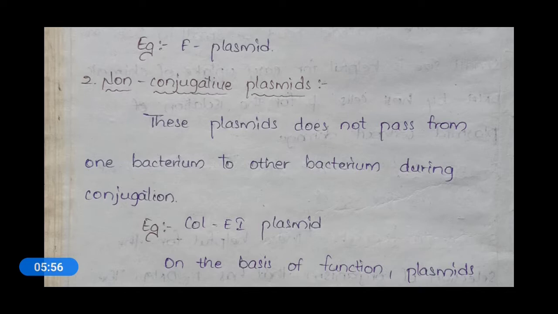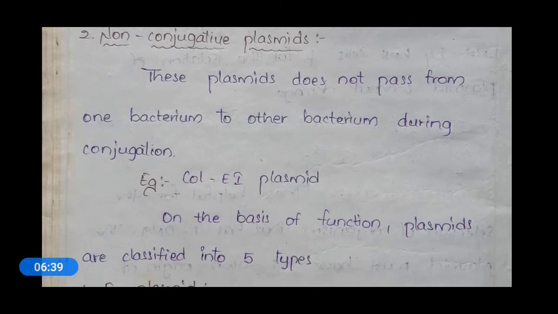This type of fertility plasmid contains specialized genes, and these genes express maleness or male characteristics of the bacteria. These genes are nothing but Tra genes. Tra means these will transfer the plasmid during the reproduction process, and the bacteria containing this F plasmid is termed a plus cell or plus bacteria.